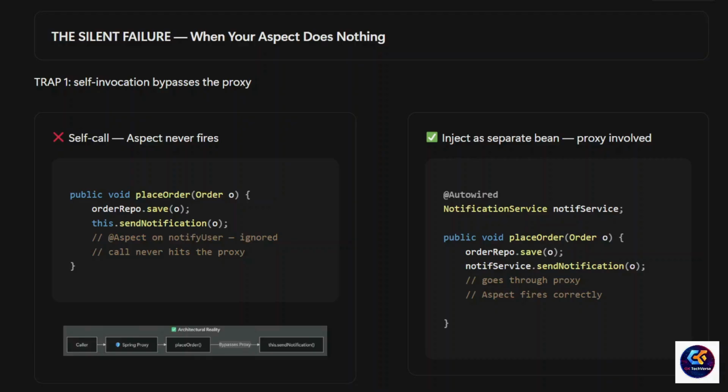It completely bypasses the Spring proxy. No proxy means no interception, which means your aspect is completely skipped. This is the exact same reason why Transactional and Async fail during internal class self-calls. The fix is to extract the target method into an independent Spring bean so that the invocation is forced through a